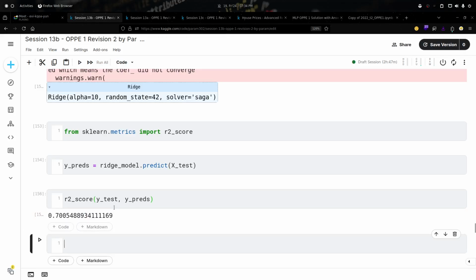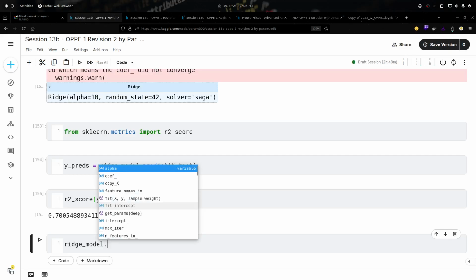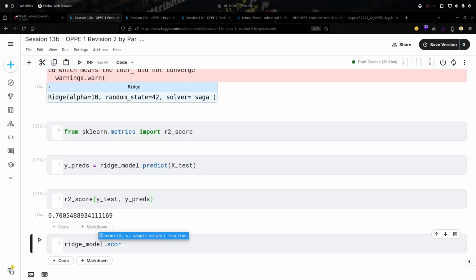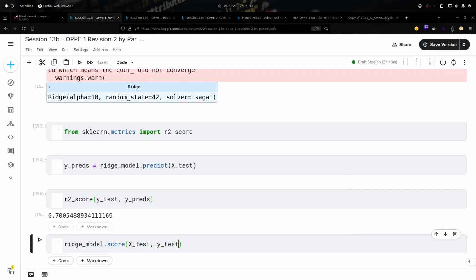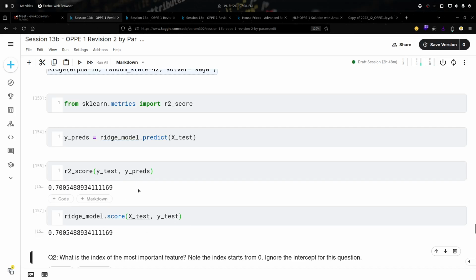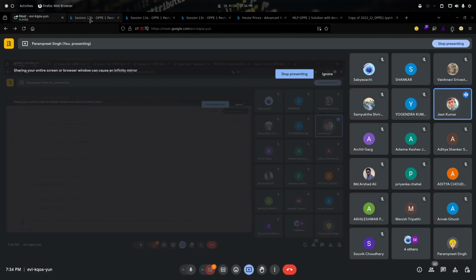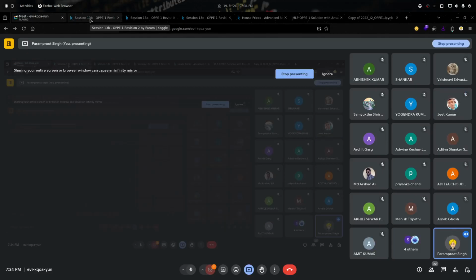Also I can use by default ridge_model.score as well, because all the linear models by default calculate the R2 score except the SGD regression. I think that also calculates R2 score. So if I do ridge_model.score, here I just have to pass the data set and the actual values. That will automatically predict and calculate the score. You can see both answers are the same. I have done the same thing in the NPP notebooks as well.